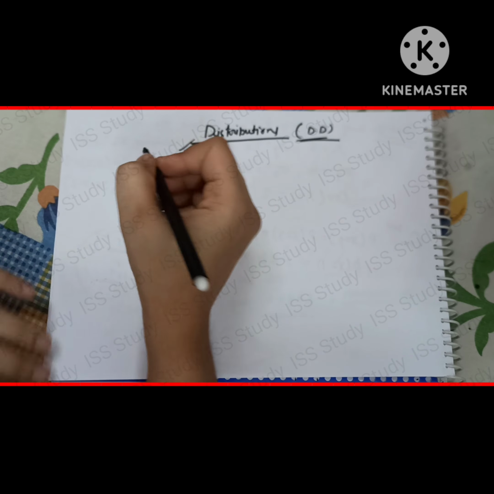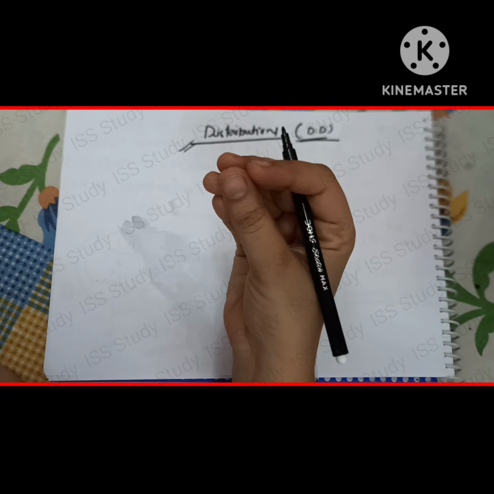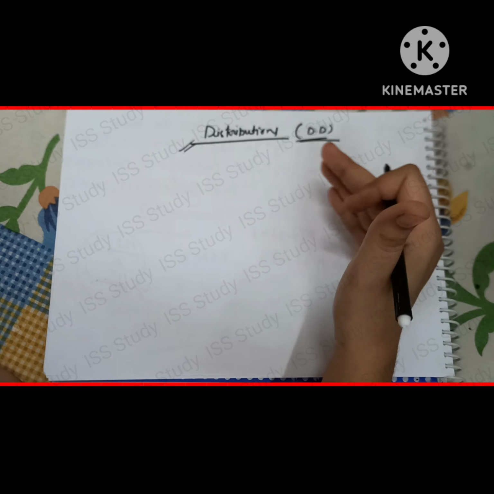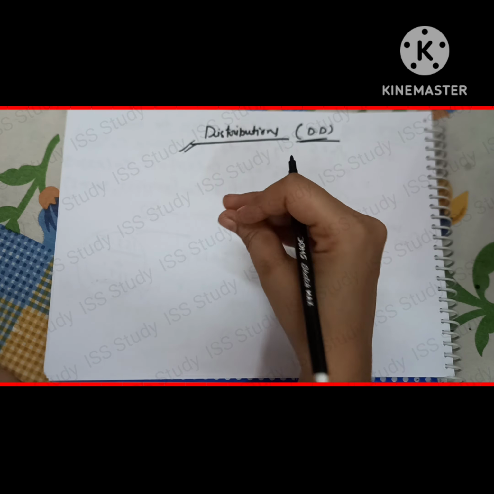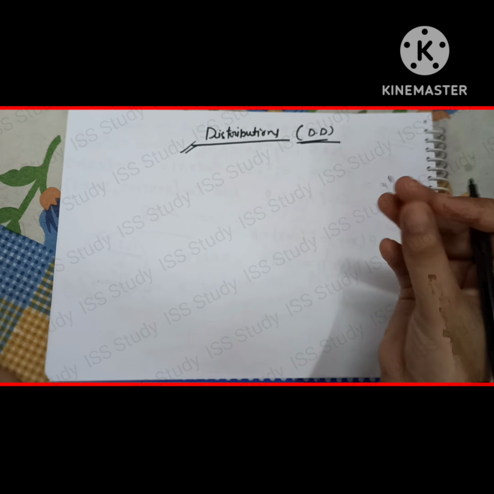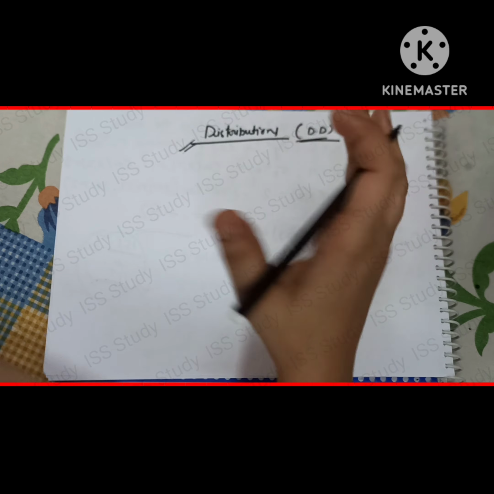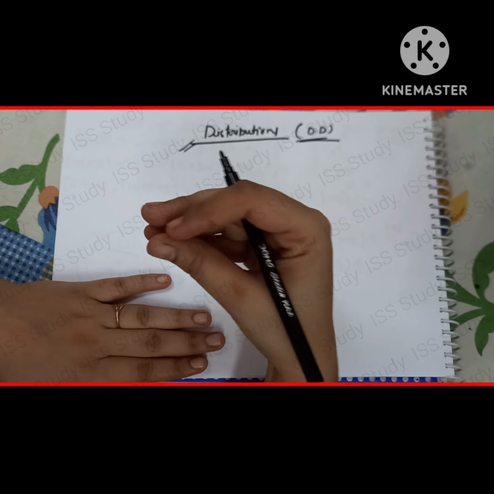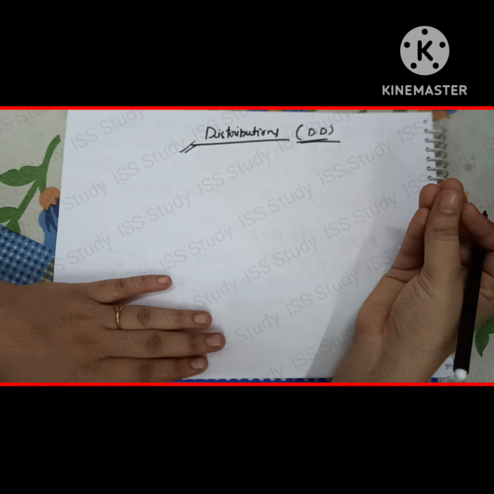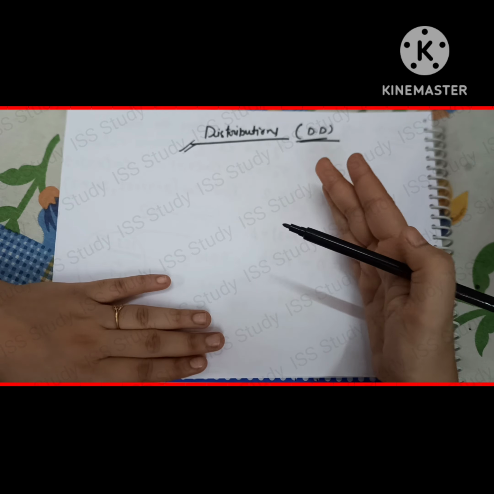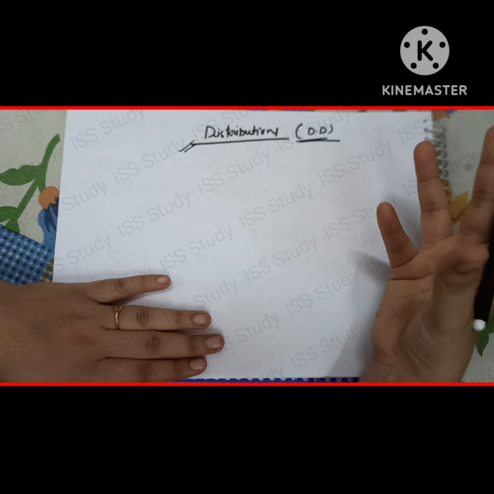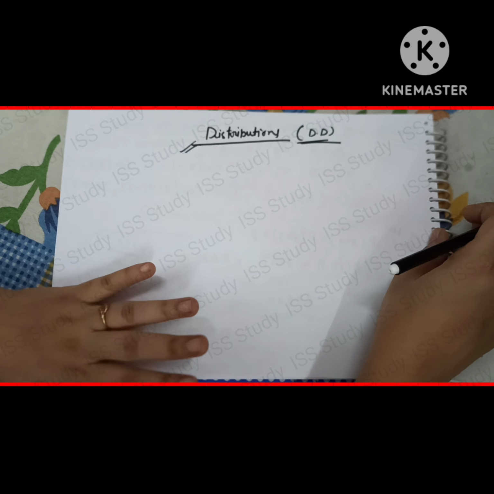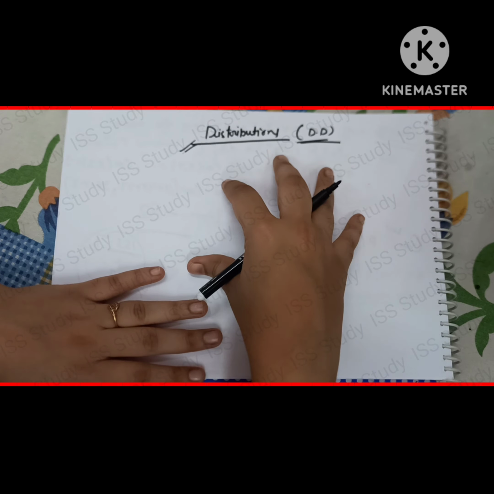So I'm telling you, what is the meaning of discrete? Discrete means countable. Countable means the things that you can list one by one, count one by one, right? A distribution tells us how likely each value is. So a discrete distribution is about situations where outcomes are countable numbers, not continuous things like height and weight. It is like a countable number, like the number of apples in a cart.